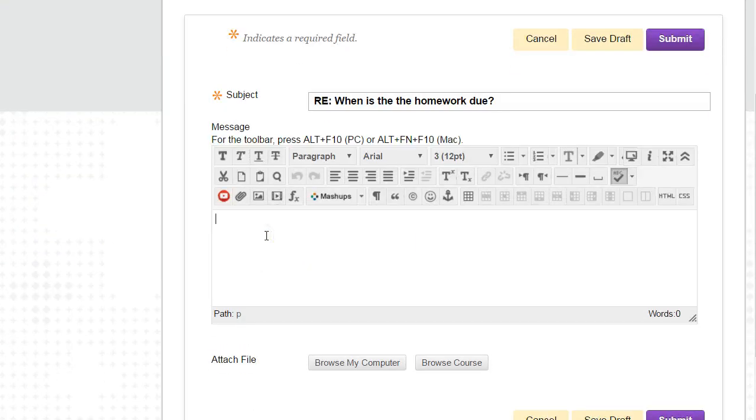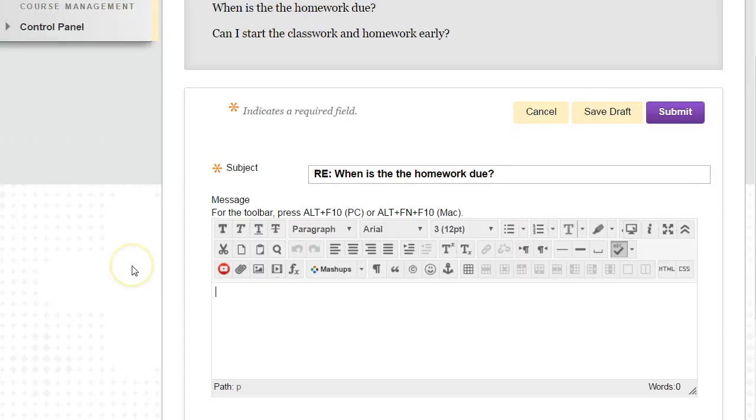And also, before you ask the question, someone may have already asked it and been responded to in the discussion board. So that's why you want to check the discussion board before you create your question, to make sure someone else hasn't already done that. So I would say my response to this would be check announcements. All due dates are listed for the homework manager, and check